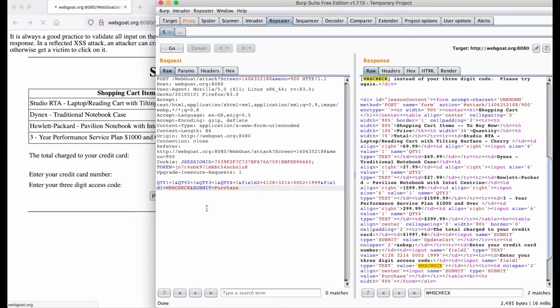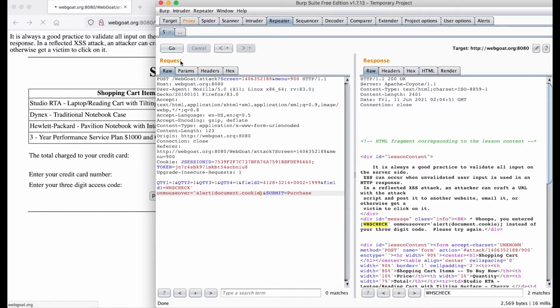Notice that the injection lies in the post body of the request assigned to the parameter field 1. We will modify the request in Burp by adding a single quote delimiting character, then add a space, followed by an HTML event attribute to execute JavaScript. In this case, we will type onmouseover equals single quote, and then finally enter our alert statement. The original single quote and closing angle bracket will complete the injection syntax, and we can hit Go once again